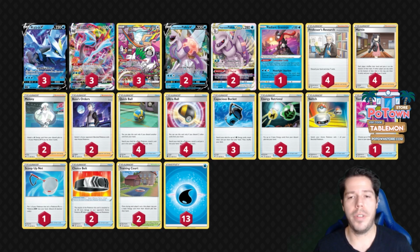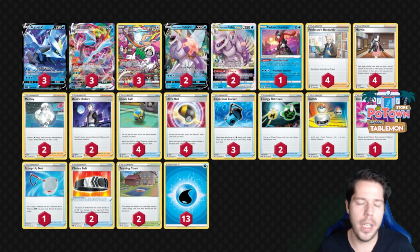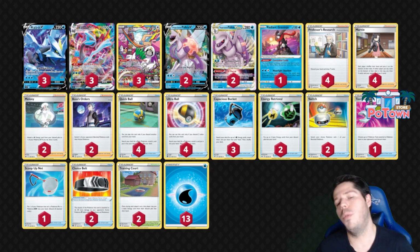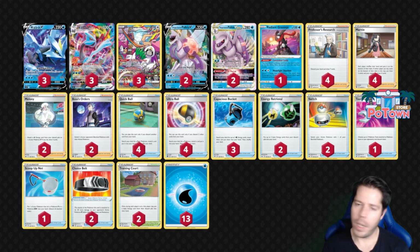And then in terms of consistency, we have 4 Research, 4 Marnie, 2 Melanie, and 2 Boss's Orders rounding out the deck. We have 4 Quick Ball and 4 Ultra Ball to search for any Pokemon we might need. And then we have a lot of Energy Search with the 3 Capacious Pockets. We have Energy Recovery with the Energy Retrievals and the 2 Training Cards. And we also have switching cards